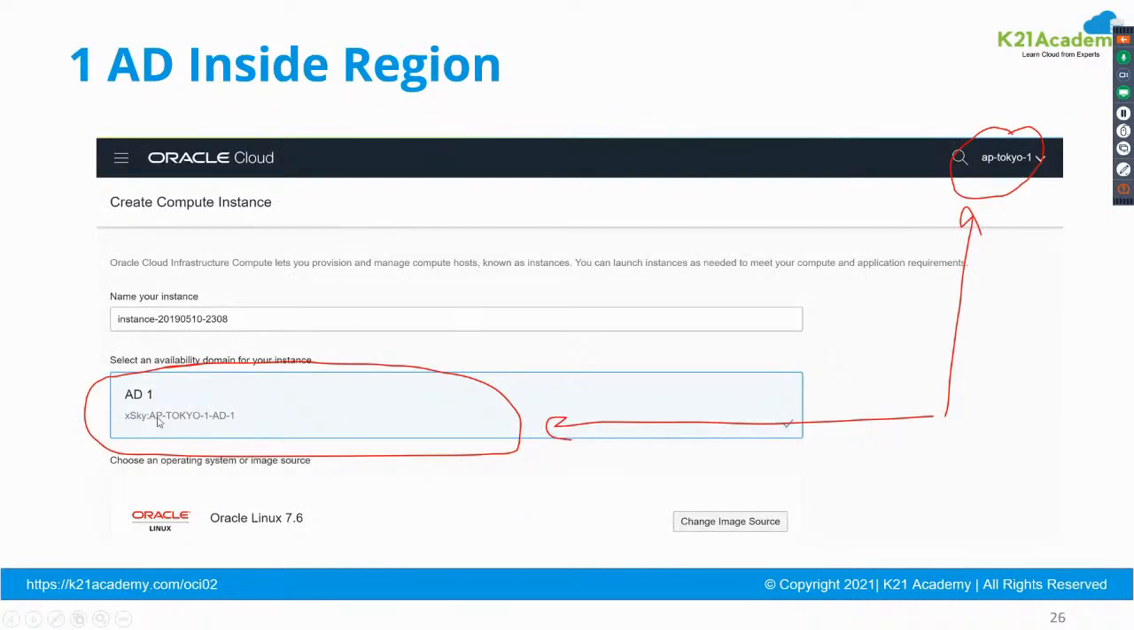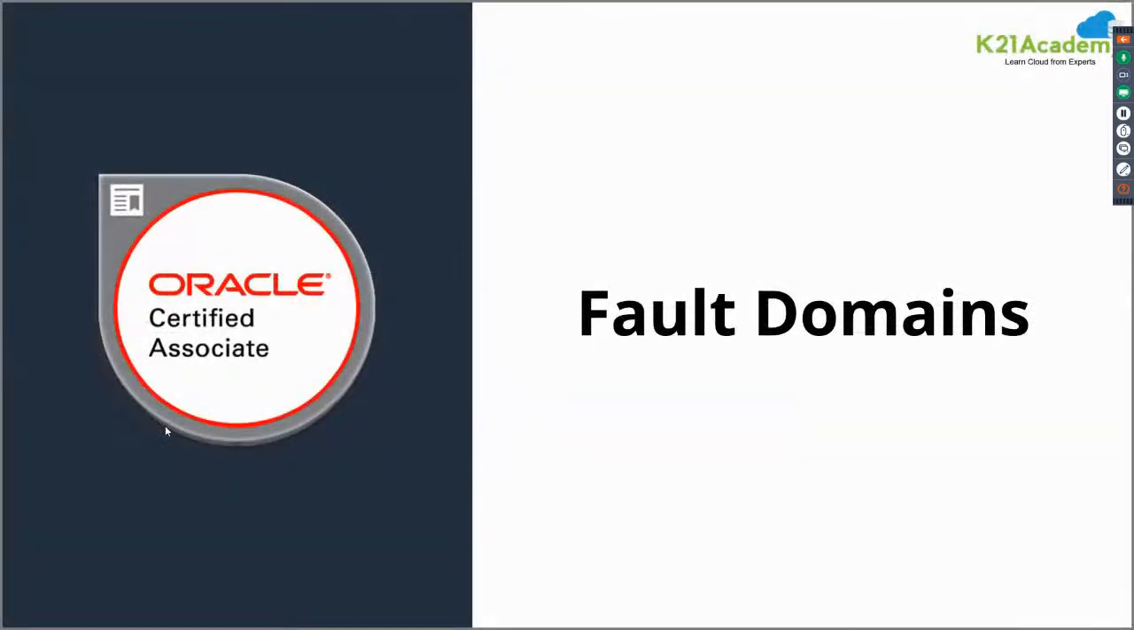And you can see the Tokyo region. The Tokyo region has only 1 data center within the region, so you don't have a choice there. But you have various other regions in which you can deploy your application for high availability. Right. So next, let's talk about